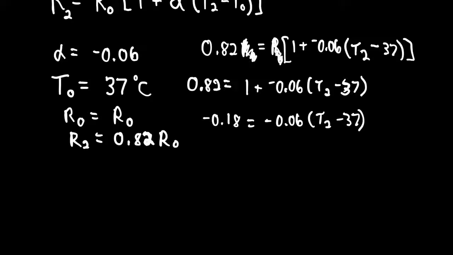Divide by 0.06. What's negative 0.18 divided by 0.06? 3 equals T2 minus 37. So what is T2? 40